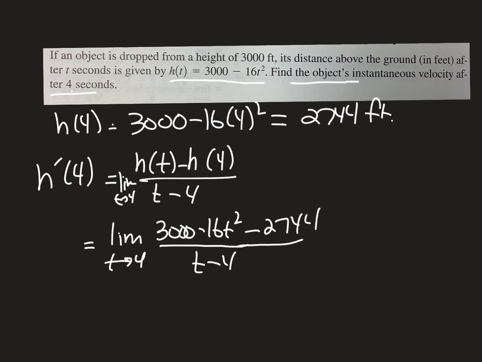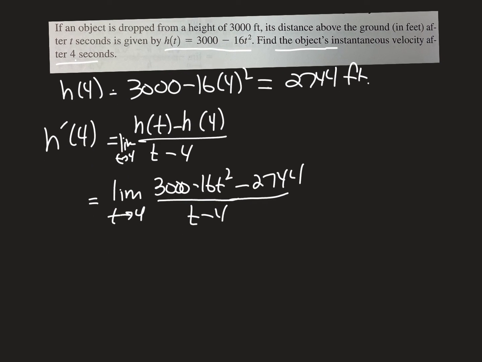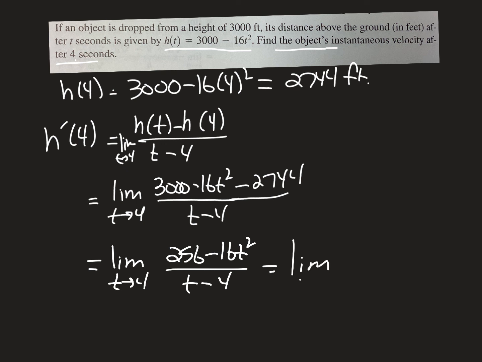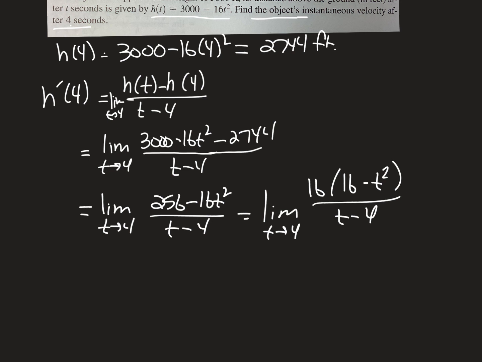All right, so if I do a little bit of work on my numerator and combine my 3,000 and 2744, I get this. I've got a limit as t approaches 4 of 256 minus 16t squared over t minus 4. Now, the amazing thing is my numerator factors. I can take out a 16, and it's going to leave me with 16 minus t squared over t minus 4. All right, keep on working. It's a lot of work. Limit as t approaches 4. I can keep factoring my numerator. That's going to be 4 plus t and 4 minus t